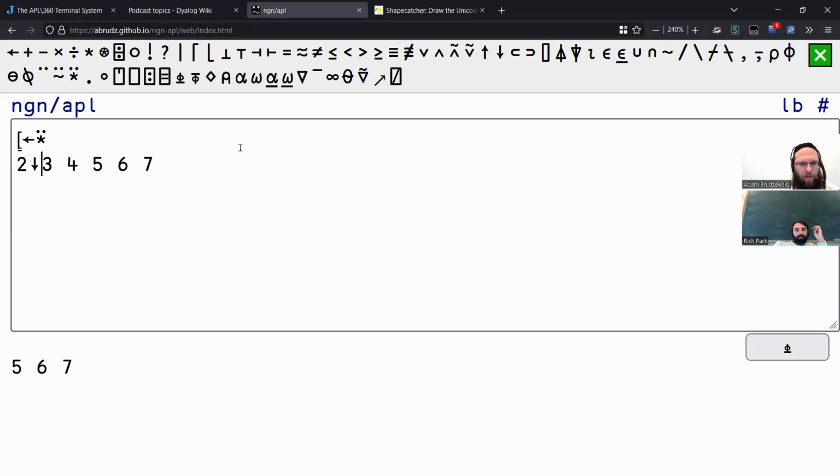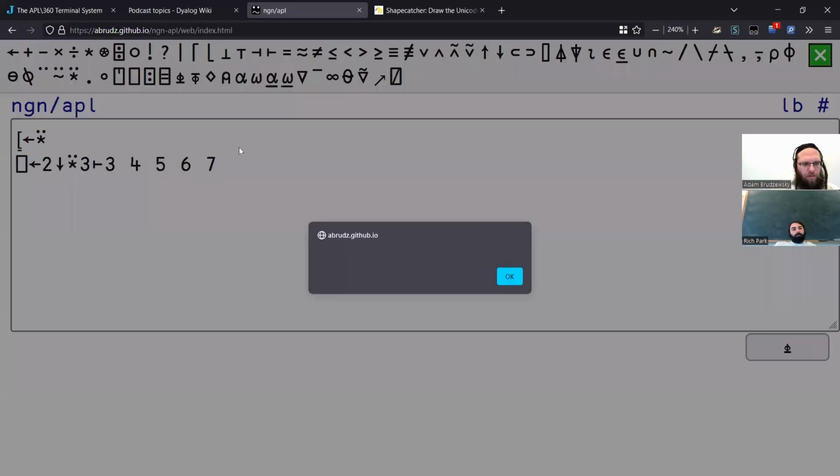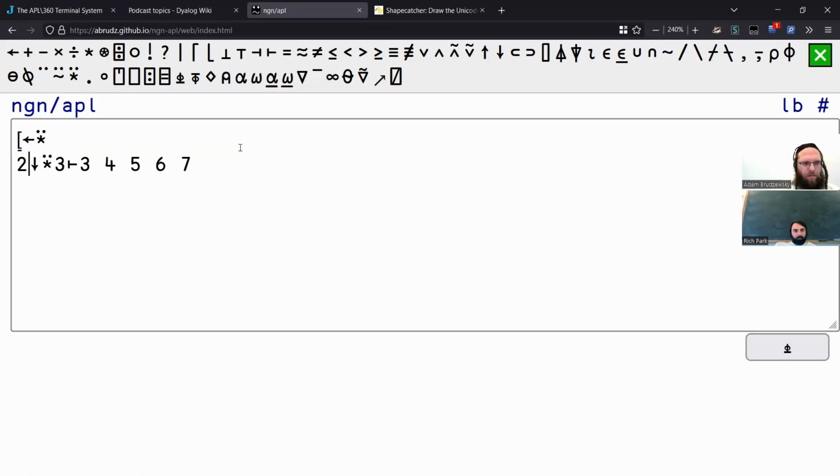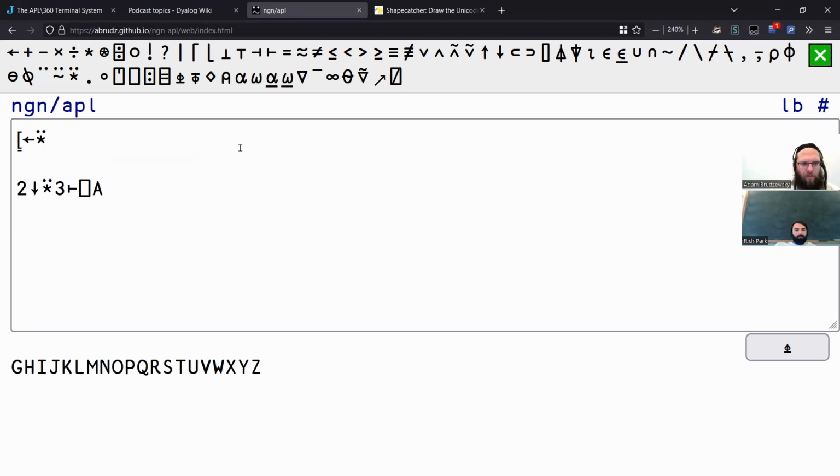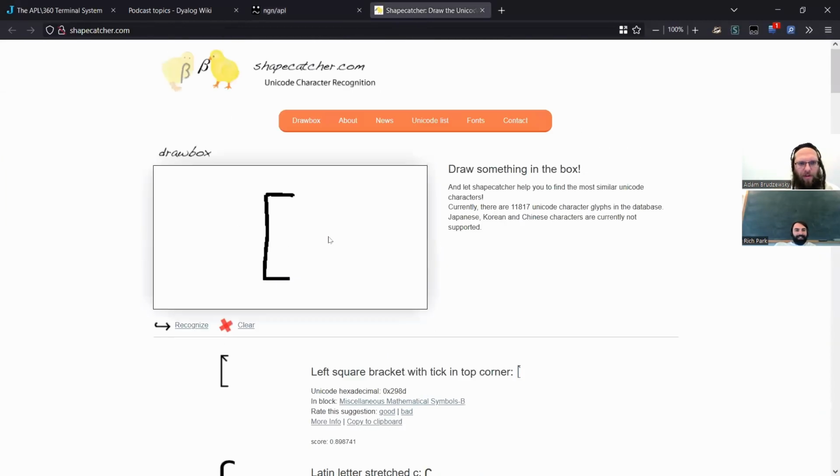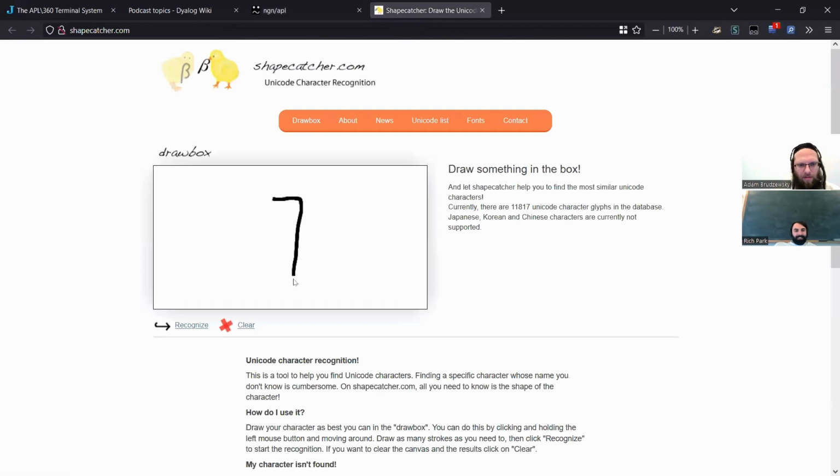That's fine. And then you need right tack to be the other power bracket. 3, right? Hmm. Why did that not print? Oh, of course. There aren't enough elements. Okay. Oh, right. Okay, so now we want the other bracket. So